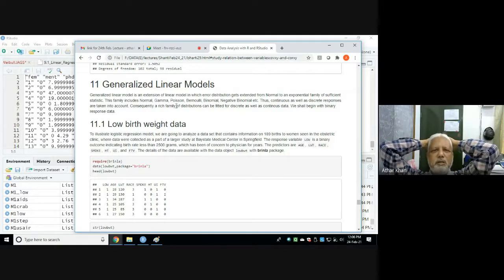So Nelder and Wedderburn wrote a paper in 1972, and they presented it at a Royal Society meeting, and they showed that there is no need for transformation. You can analyze your data in the original metric, and they generalized LM to GLM, the generalized linear model. So here you can have a rich class of data which can be analyzed by GLM.